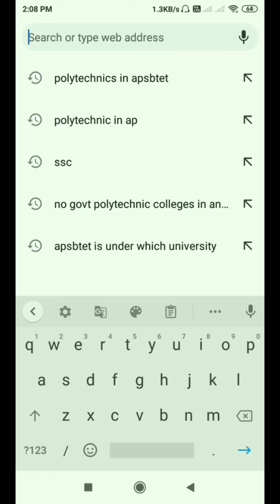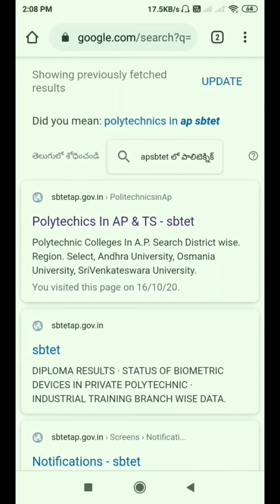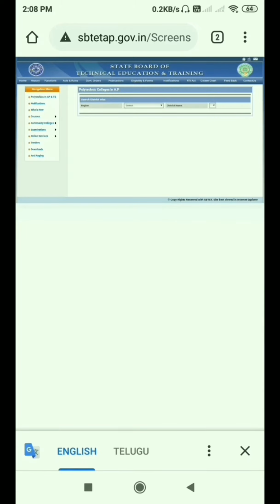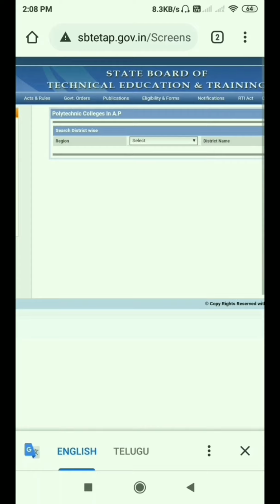I am a resident of Andhra Pradesh, so I type AP SPTET. After that you get results like this. Here the first option is polytechnics in AP and TS SPTET, and click that. You enter here.